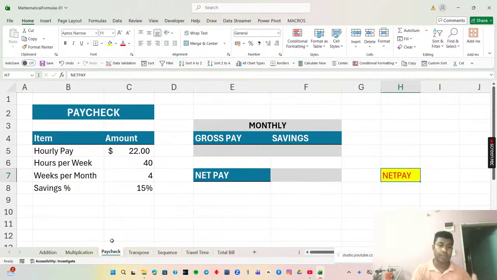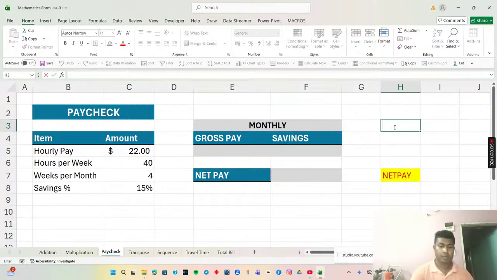So in order to find the paycheck of a person, first we have to find the gross pay. So what will be the formula to find the gross pay? What will be the formula for gross pay? The formula for gross pay will be, I will write here, gross pay equal to